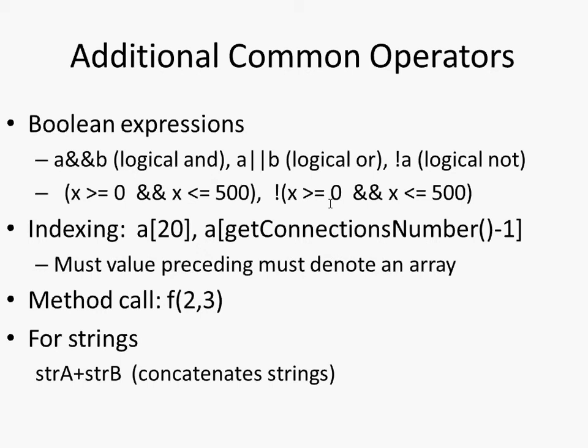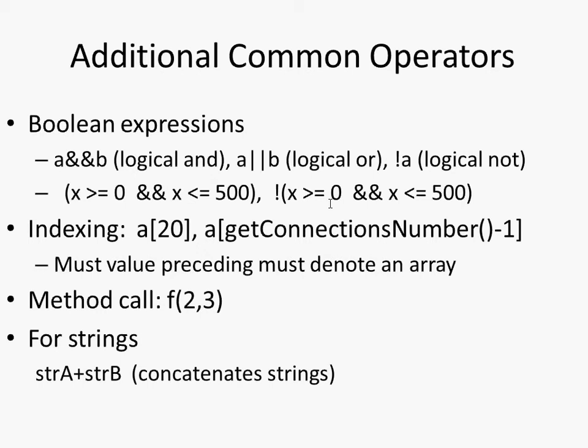But A, if this is an array, will start with index 0, and then index 1, index 2, index 3, index 4. And if it's of length 25, it'll go up to index 24, 0 through 24. Just like if it's of length 1, it's only index 0. So this is a little bit confusing. And that's why you get connections number, and you subtract off 1 from it to get the last item if this entire array is of length get connections number. Okay, so these are some common